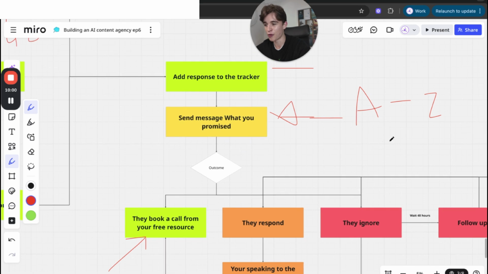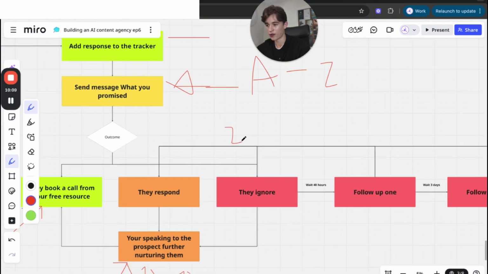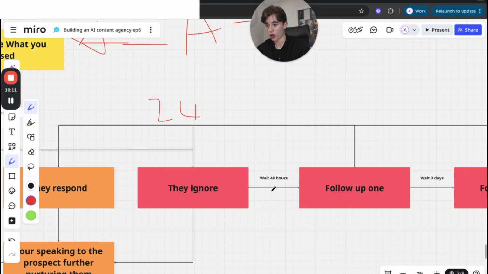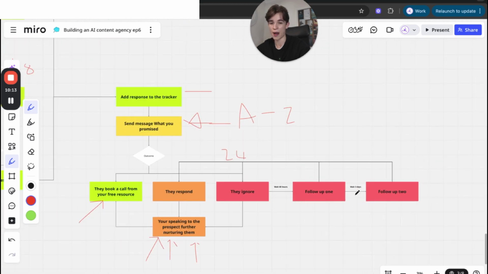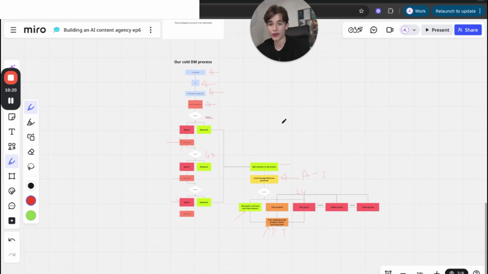And then finally, the outcome after this is they're going to ignore. So what you're going to do, if they ignore your second message, is once again just send a follow-up. So first follow-up within 24 hours, one after that at 48 hours, and one after that at 3 days. Once again, buy or block mentality. So I hope you can see how foolproof this cold DM process is. It allows us to reach a vast amount of people, it allows for follow-ups, and we have a system that we can follow if someone responds. It is so easy for us to use.